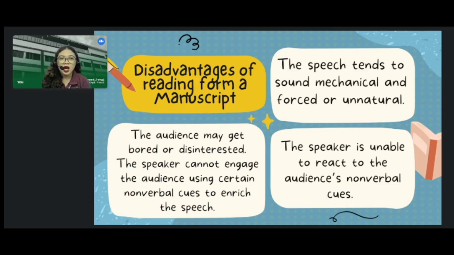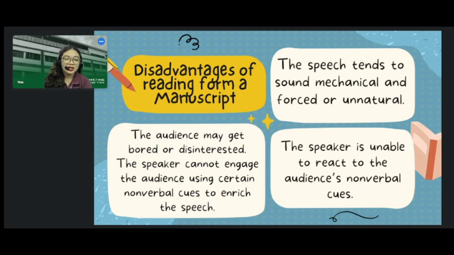Okay, because we have the mindset na, ay, binabasa ko na lang, so I have no chance or wala kang karapatan para malimutan pa because you are reading your copy of your speech. And of course, you are too focused reading from your manuscript and magtutunog robot ka. There are times na magtutunog robot ka.